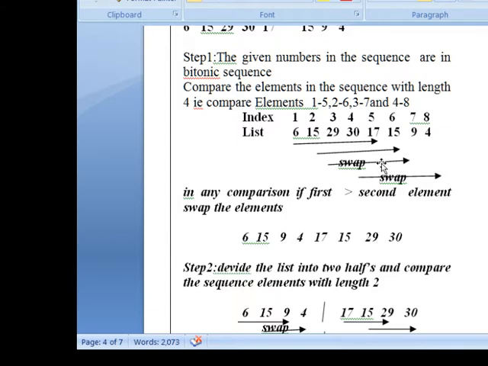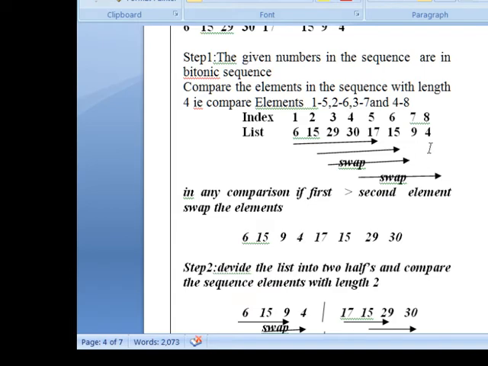Because it is a comparator, it compares the input values. We are giving 2 input values. The first output is the smaller value and the second output is the greater value. That is why, for 29, 9 as input, it will give 9, 29. That means it swaps them, and we get 9, 29.